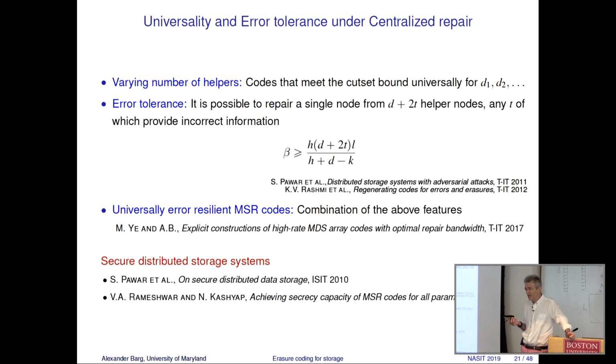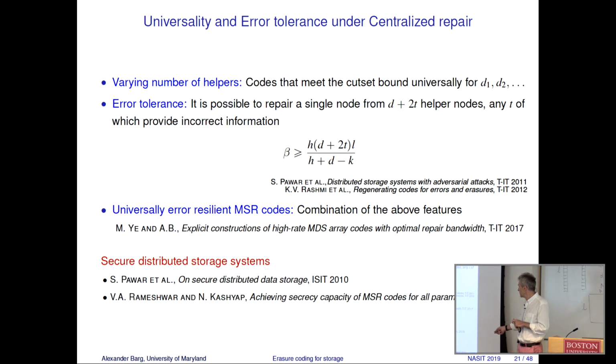A valid question, right? Because they do security for all kinds of problems in applied information theory these days. So listening to the downloaded information, is it possible to recover the contents of the failed node for an eavesdropper? There is a version of that question, and there is this secure capacity of distributed storage. That is the maximum number of files that we can store so that the eavesdropper does not learn anything about the contents of the failed node from downloading.